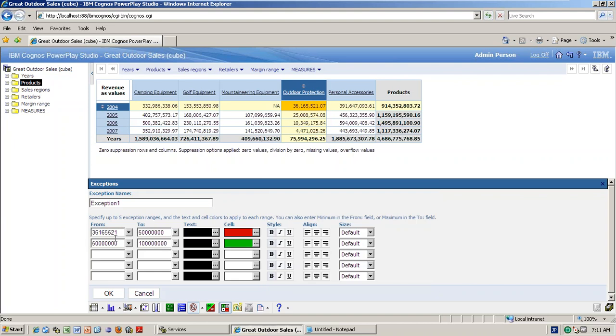Like this, if the value is from this value to this value, okay, if you write like this, you can write any number of exceptions.